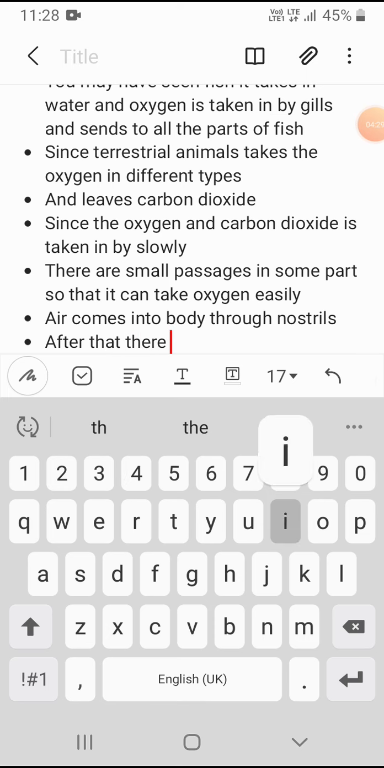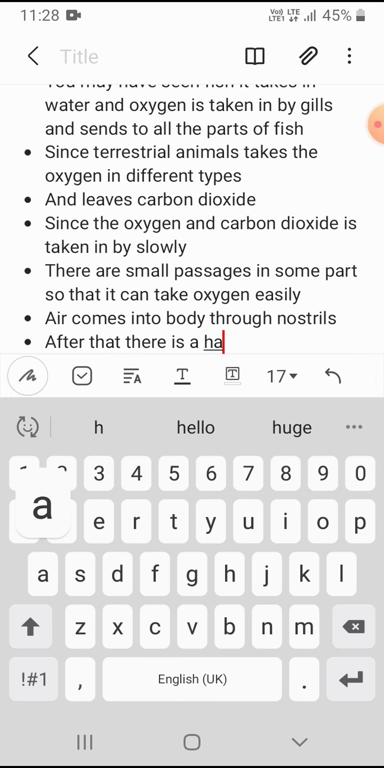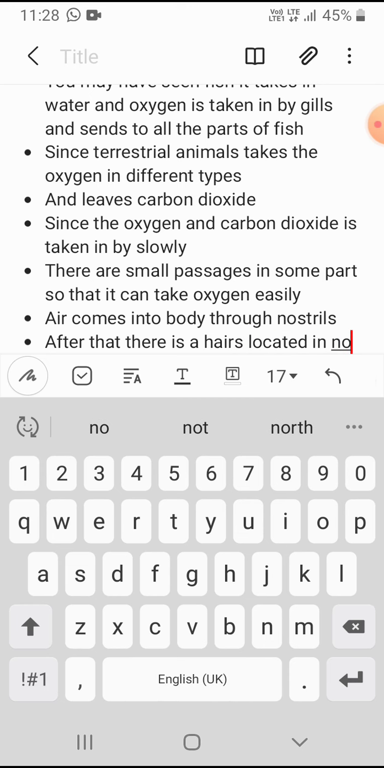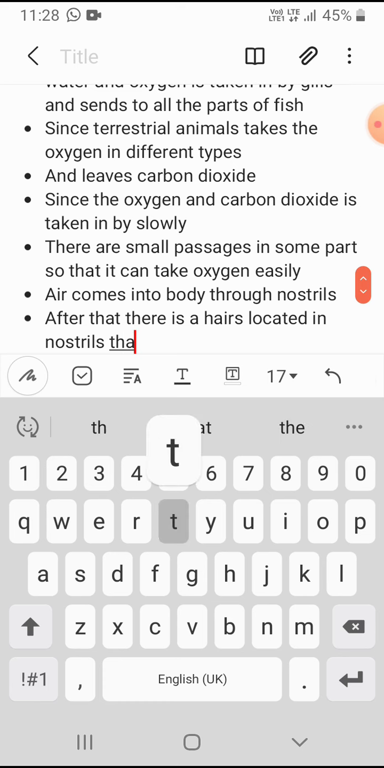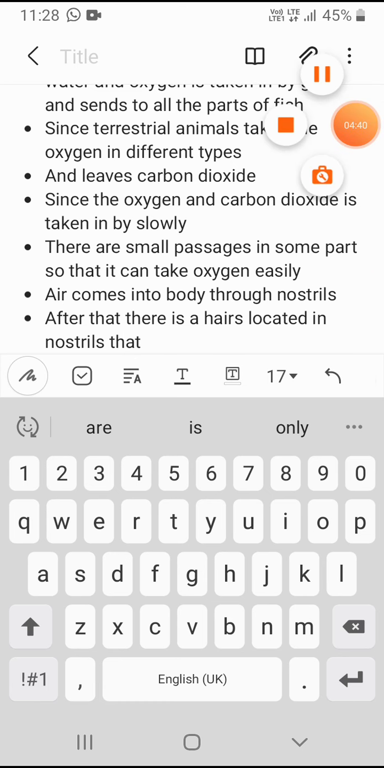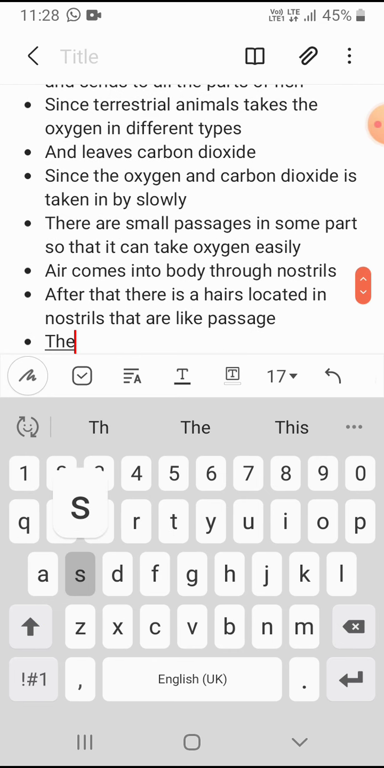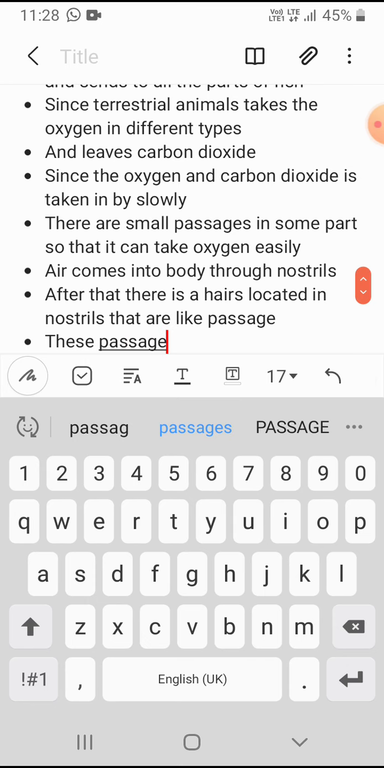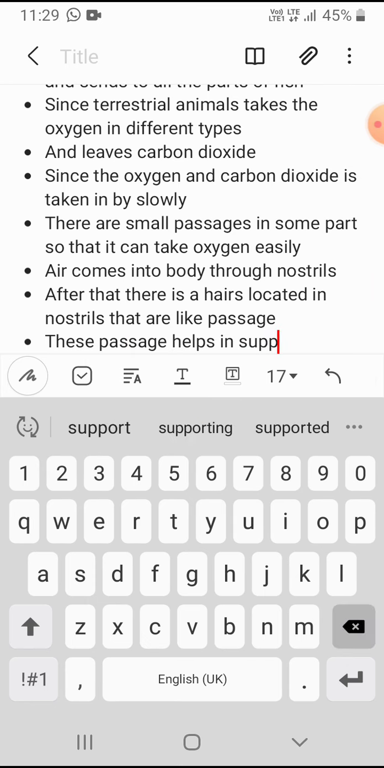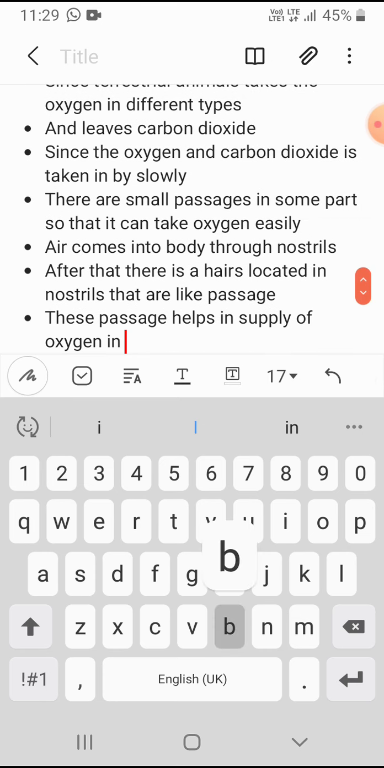After that, there are hairs located in the nostrils that are like a passage that helps the oxygen to go throughout the body. This passage helps in the supply of oxygen in the body, as well as